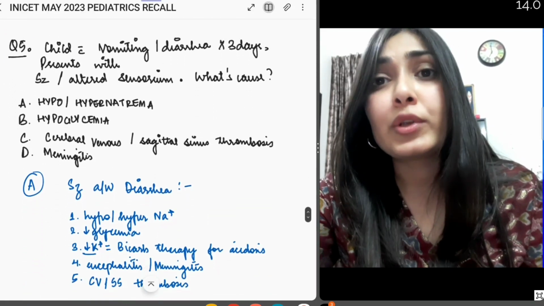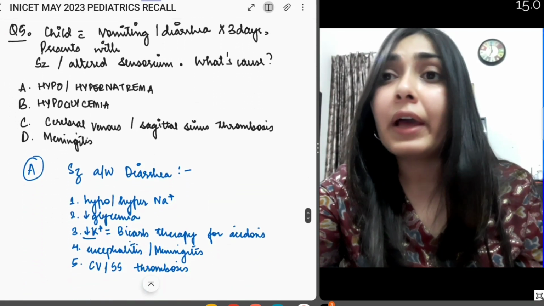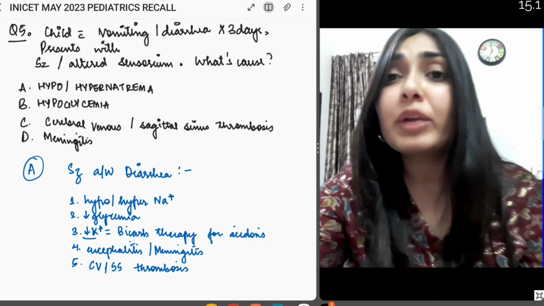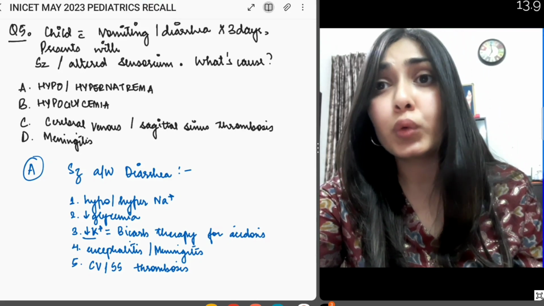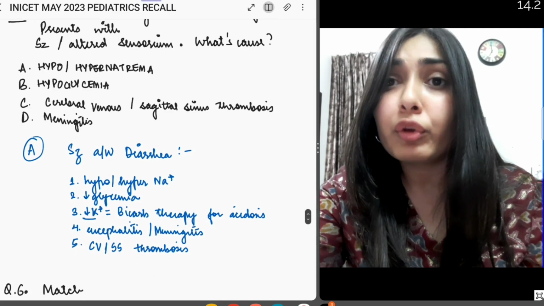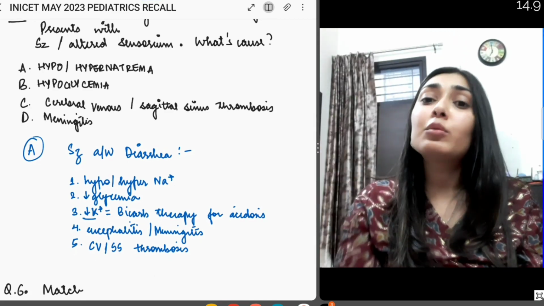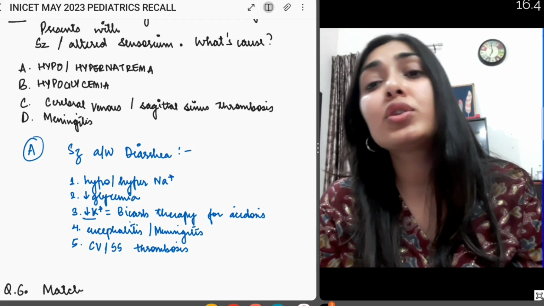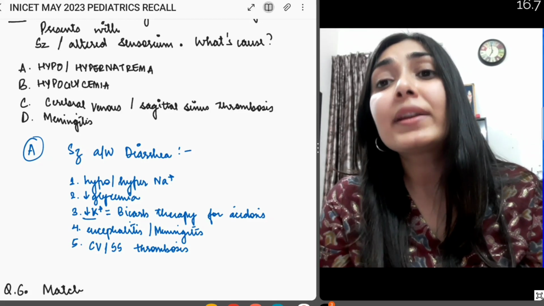Now coming on to the next question. They gave a child with vomiting and diarrhea for the past 3 days, and now the child presents with seizures and altered sensorium. And what is the cause of it? The options were hypo or hypernatremia, hypoglycemia, cerebral venous or sagittal sinus thrombosis